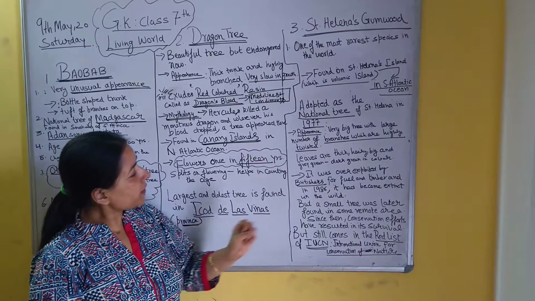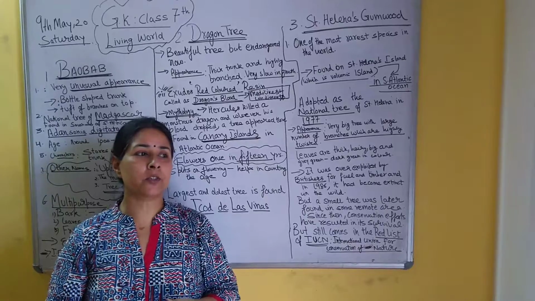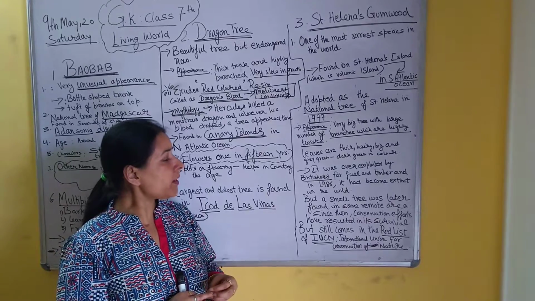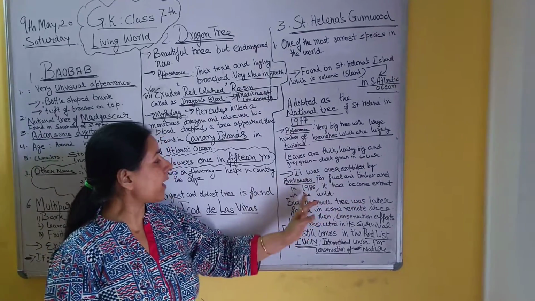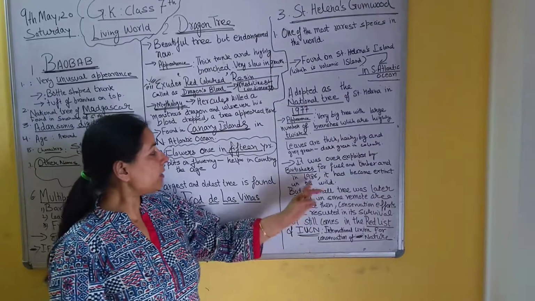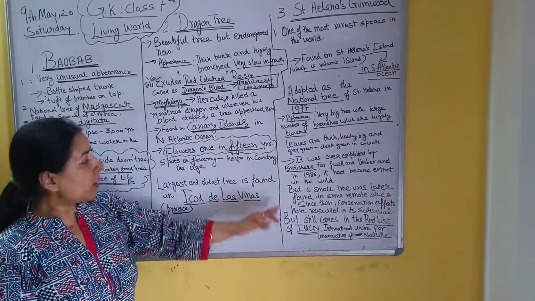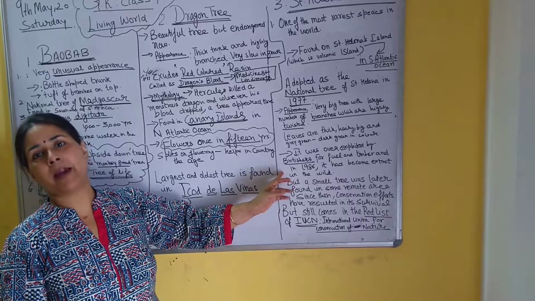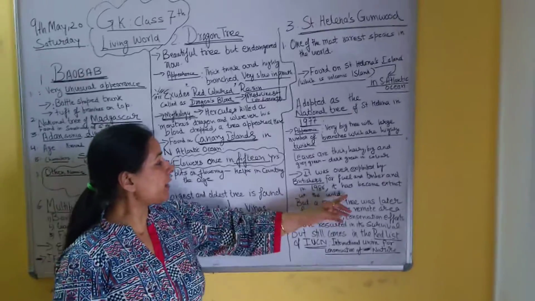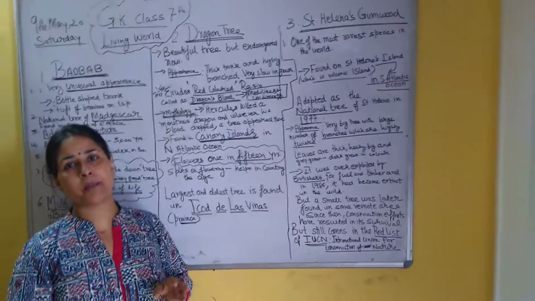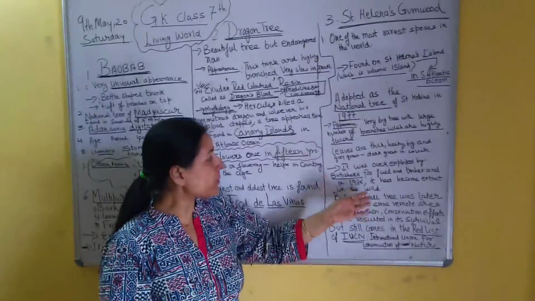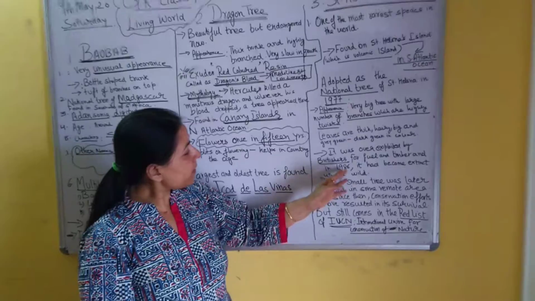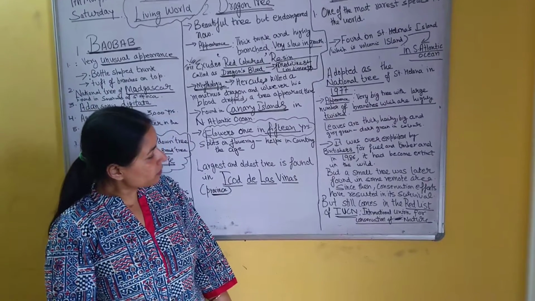The tree was over exploited by the British for fuel and timber, and as a result it appeared that it had become extinct in the wild by 1986. The tree stopped being seen anywhere in the wild because it was over exploited by the British for fuel as well as for timber, because it is a very large tree. They kept on cutting, and ultimately by 1986 it had become extinct.